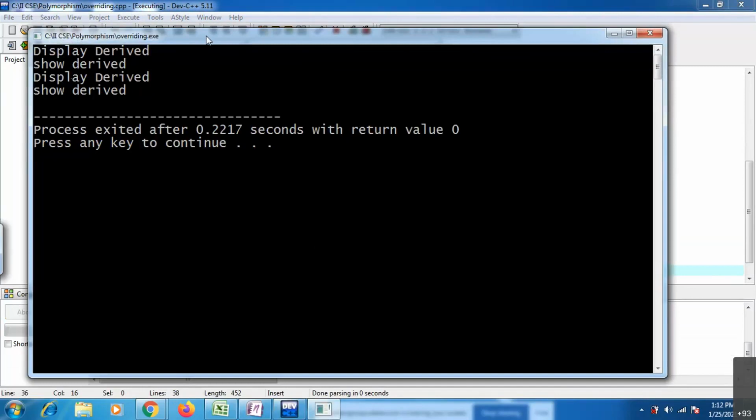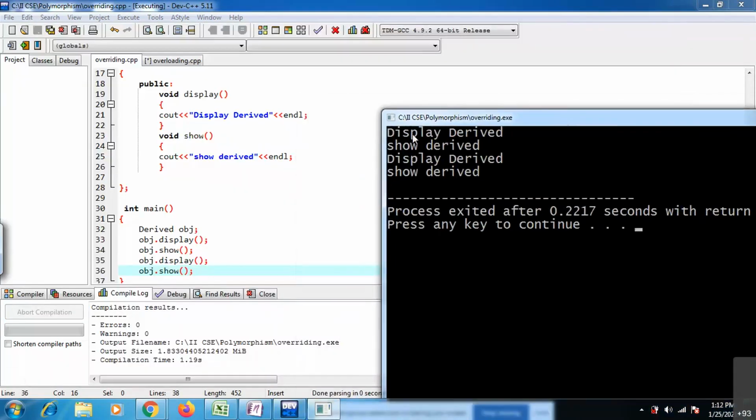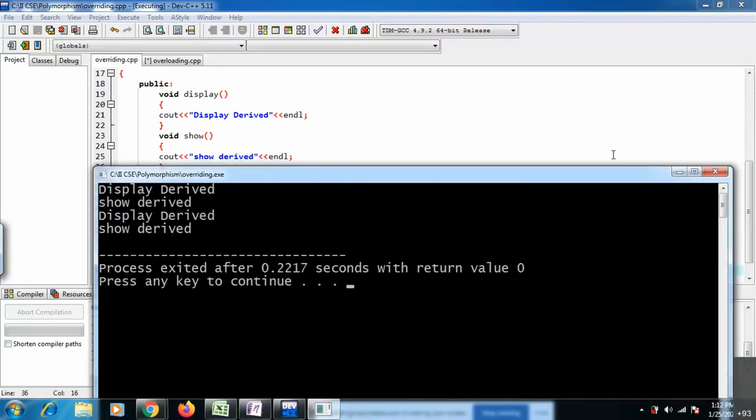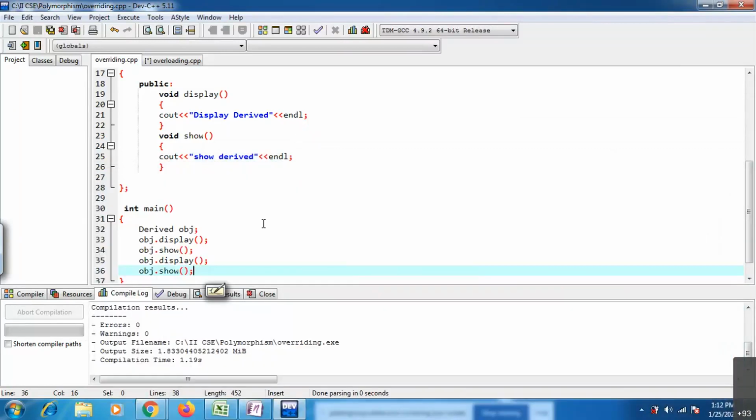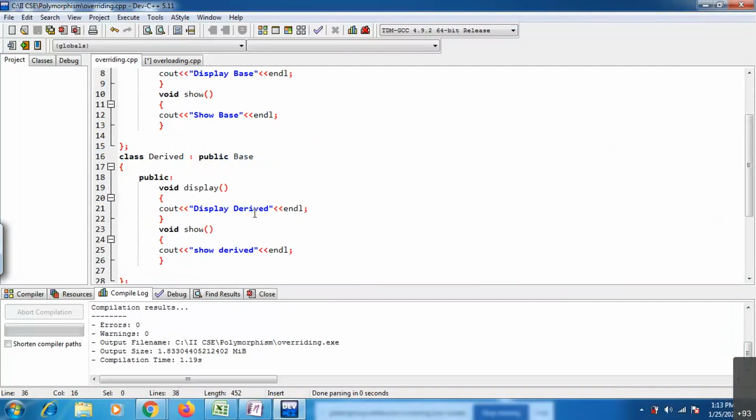If you observe the output, you are able to access only derived class members: display derived, show derived, display derived, show derived. Two times I called, and two times it is accessing only derived class members.